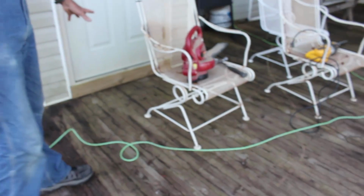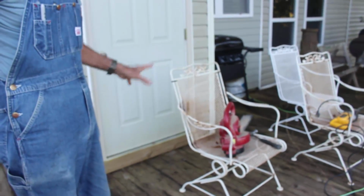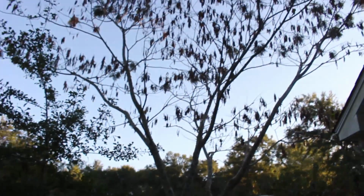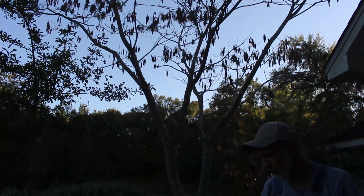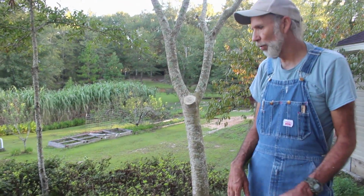And what's happening is because it's picking the deck up and it's stopping it up, water is now running back toward the house, back in here next to the fireplace area, and puddling up about 1 inch deep on our deck, and that's not good. So what we're doing is taking the mimosa tree down. We're taking a saw, going back through the deck boards and cutting all the debris out from between the boards so that water can once again fall through the boards and